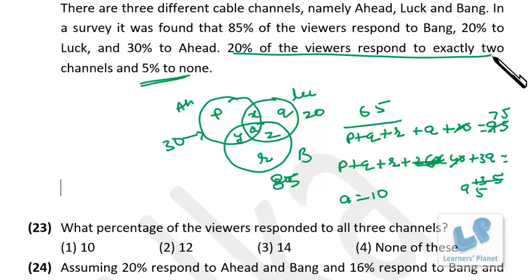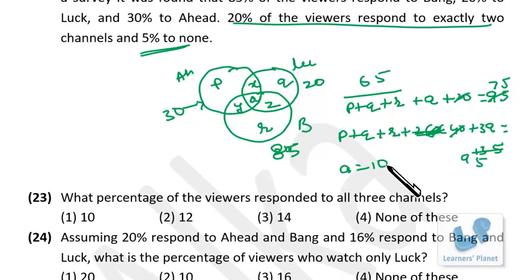2 into 20, that is 40. And A will be there for 3 times, that is 3A. Right? So this much work should be there, not more than that. Okay, if at all you have started writing all the equations, it will be space consuming and time consuming. Okay, now what percentage of the viewers responded to all the 3 channels? So that is the value of A, that is 10. Okay,